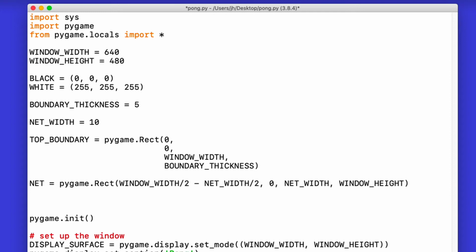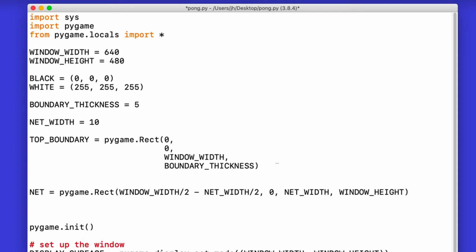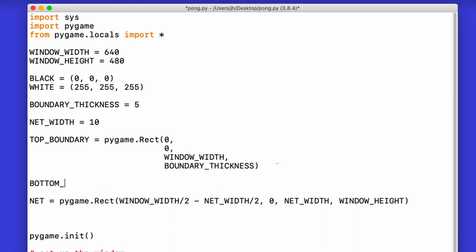But for the y-coordinate, we need to lift it up again by boundary thickness. So let's do that. So our bottom boundary is then equal to